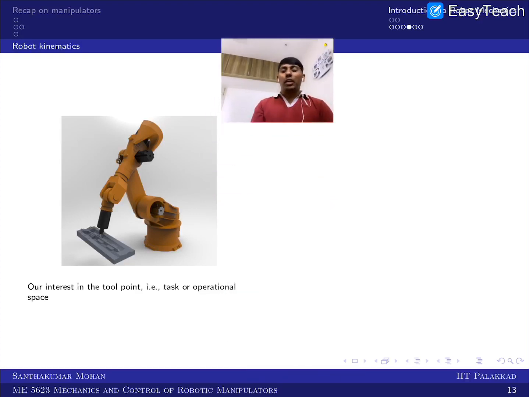We can see that we are focusing on a serial manipulator. You all agree this is a serial manipulator. Now you can see one additional aspect. What is our interest if we are talking about a manipulator? Since it is an engraving tool or a polishing tool, whatever you call it, this tool point, how it is moving in this particular workspace, this is our focus, right? We are not going to bother about how the body is arranged. This is nothing but the operational entity.